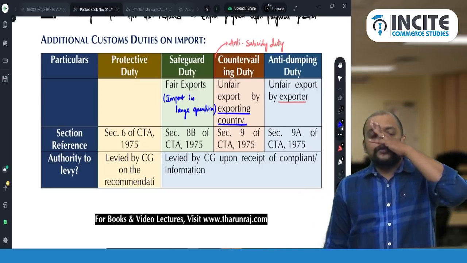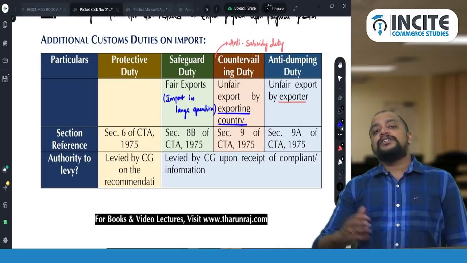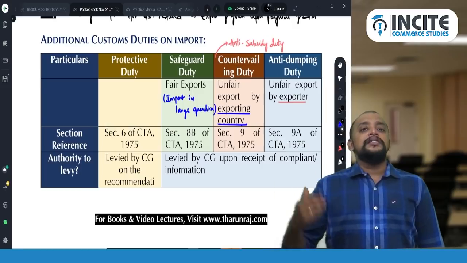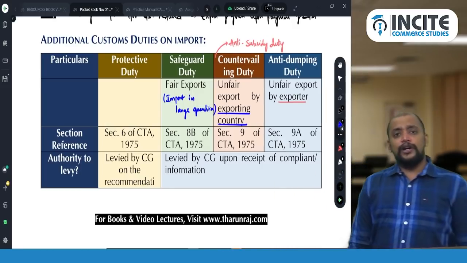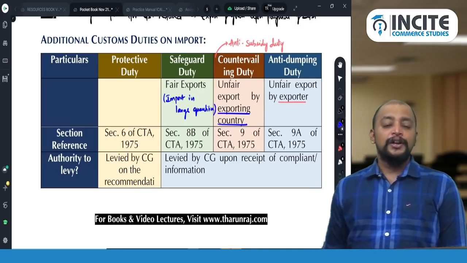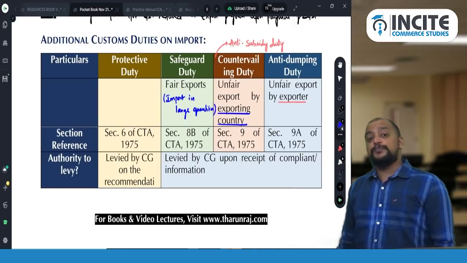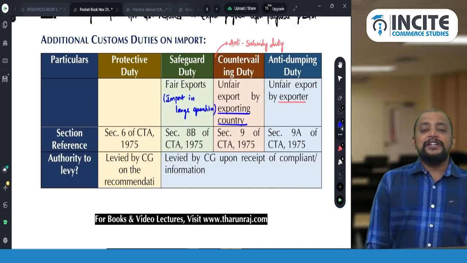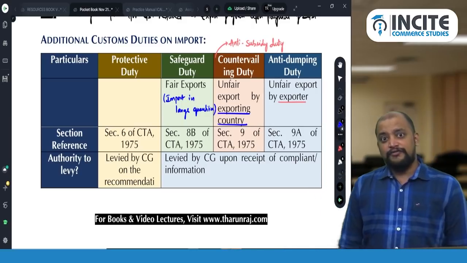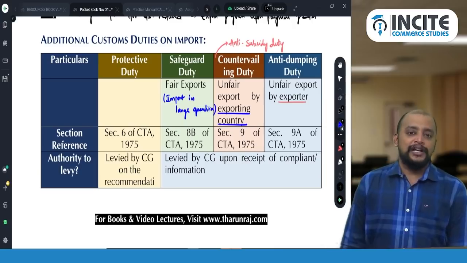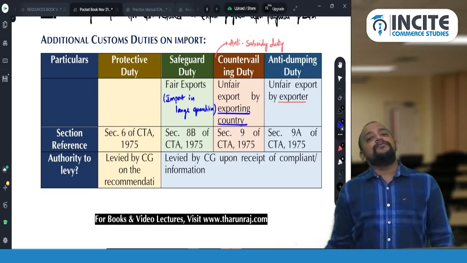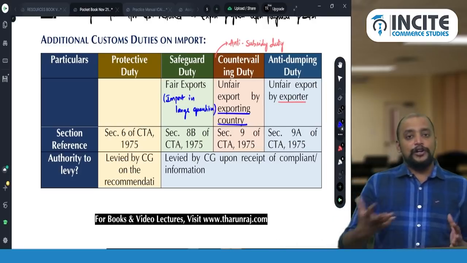So in that case, what will the Tariff Commission do? The Tariff Commission will give recommendations to the government of India, that is the central government, to increase the basic customs duty. Accordingly, the government increased the basic customs duty on atta to 40% from 10%. 40% we need to pay as basic customs duty itself, which means the same 1 kg atta, if you import it, it is better to purchase here 3 kgs. So they will inflate the price of the goods that much. That is the logic behind protective duty.